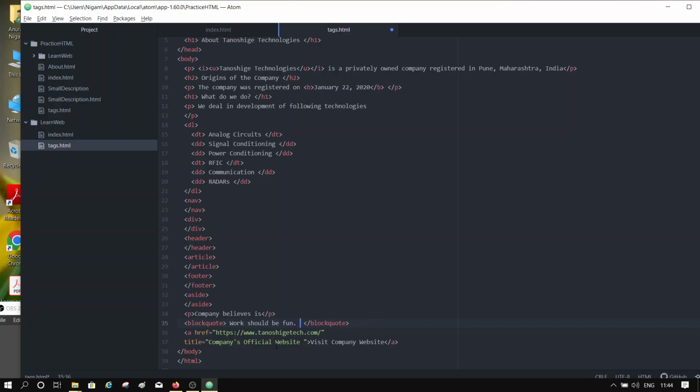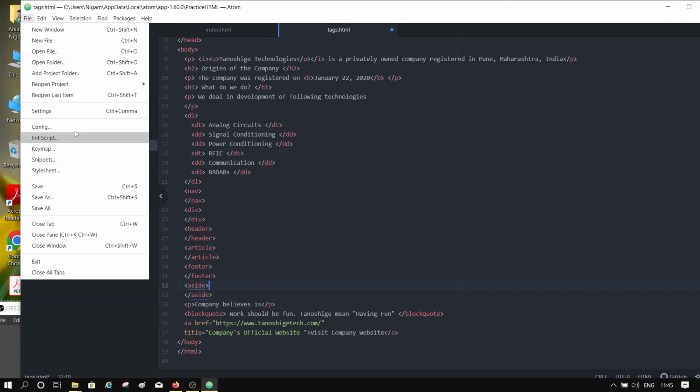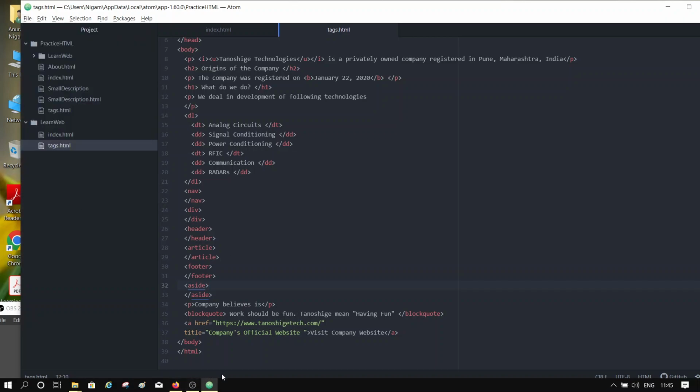Okay, so I can say Tanoshige means having fun, right? So we can put this as a blockquote, right? So let's see what this will show up as. I can say save, and when I refresh this,